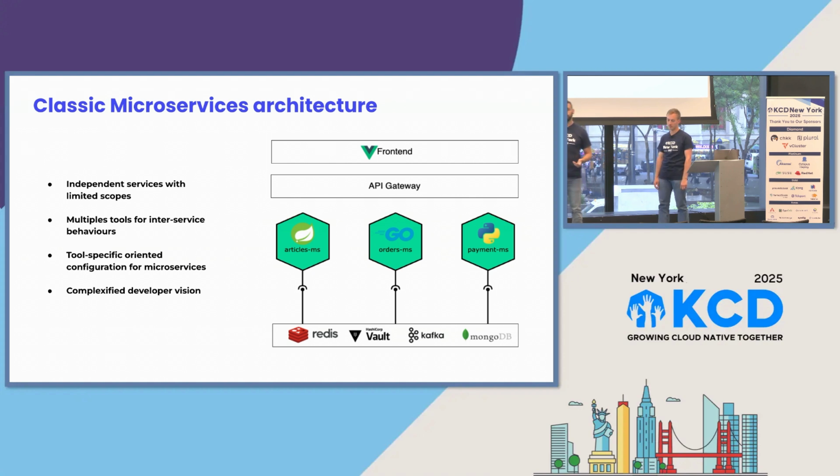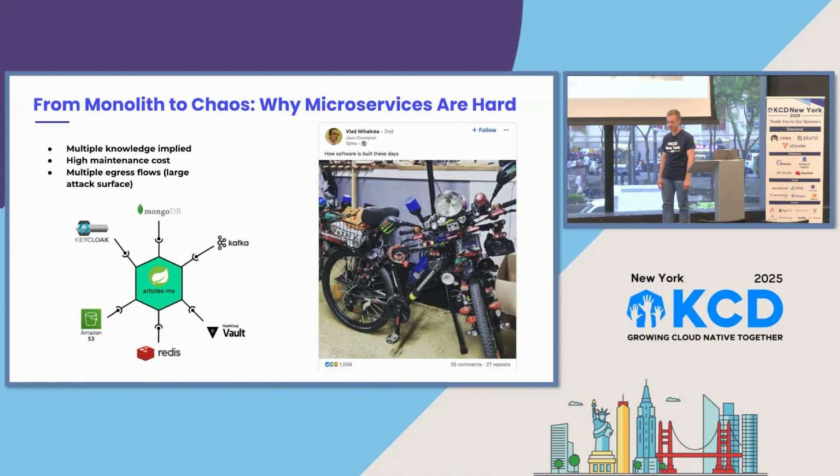as external tools that we are using for good inter-services behavior. Now we've got some issues with this solution: we've got a tool-specific configuration in each microservice. In each microservice we've got specific configuration for Kafka, MongoDB, which is specific to that tool, which limits portability and is complicated for developers, which makes the development of microservices hard because they need to learn the programming language, the business model, the business specs, and also a set of tools outside of the application. I'm going to give the floor to Jeremy to explain how hard it is to develop